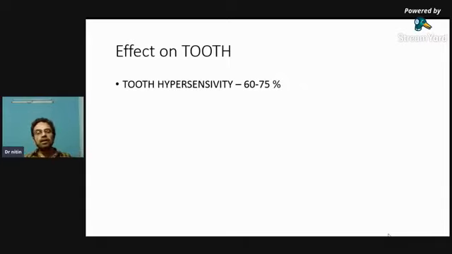Now earlier, when the bleaching agents were used, they were mainly focused on the bleaching agents, that is carbamide peroxide and hydrogen peroxide. Now the bleaching kits are added with anti-hypersensitive agents or desensitizer agents, which have reduced the sensitivity post bleaching procedures. Because we are all very well aware that hypersensitivity is the main chief complaint after doing a bleaching